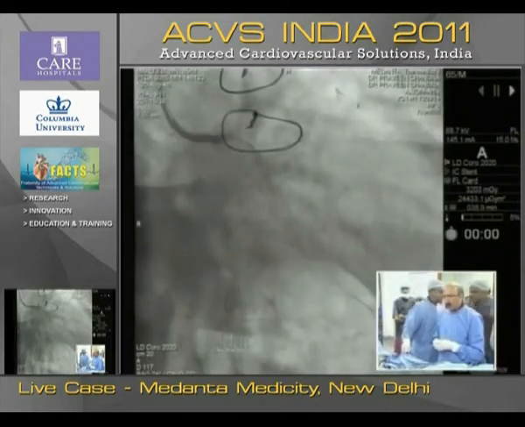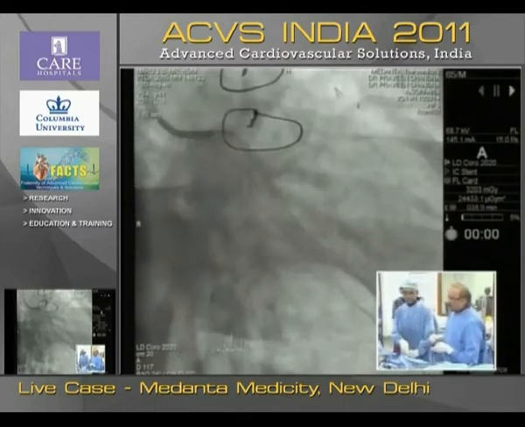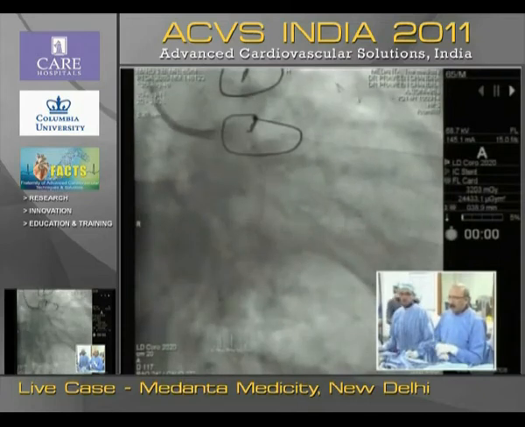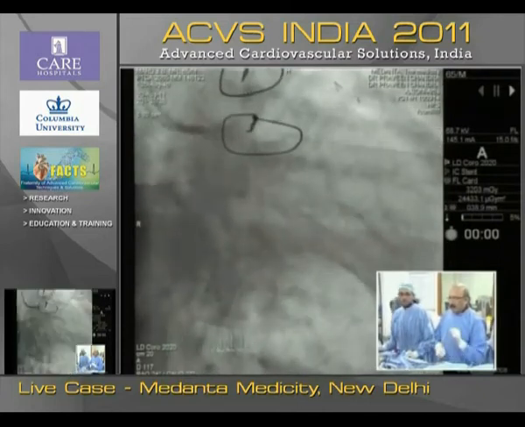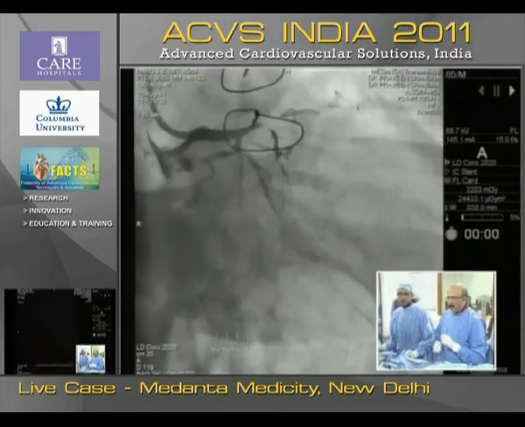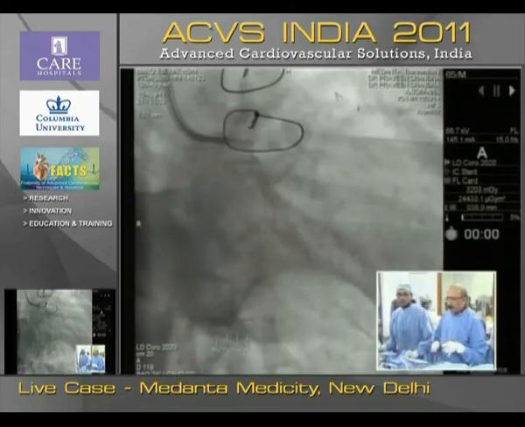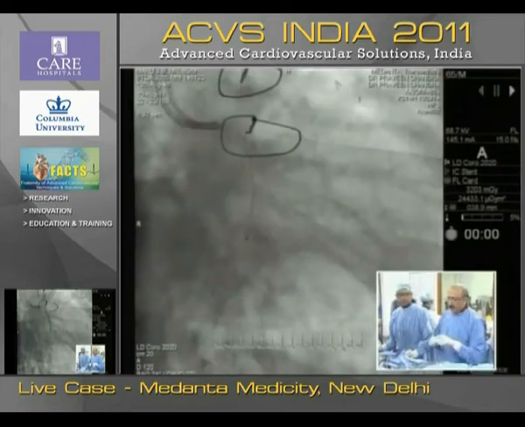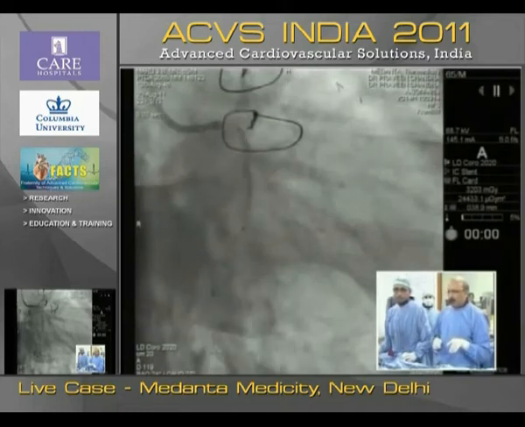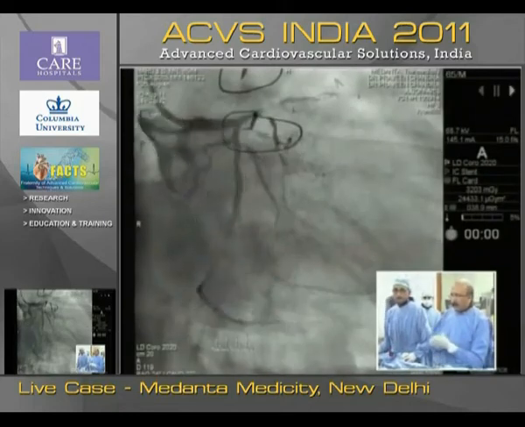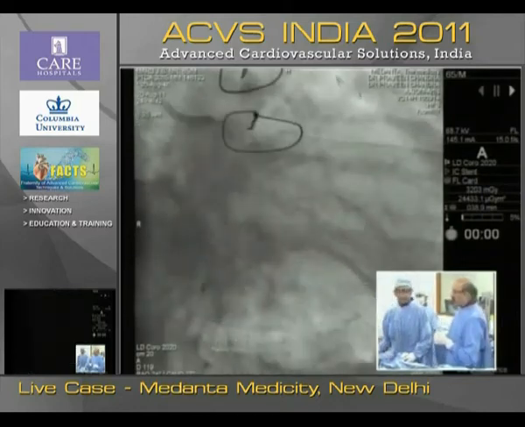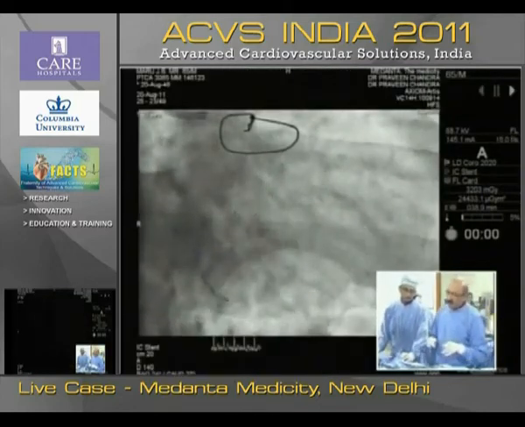This is the Yukon PC, the new stent which has come from Yukon. It has a very small amount of biodegradable material as a polymer, and sirolimus, and of course it is the same Yukon stent which we were using earlier. This has been studied very recently in the ISAR test force study against Xience and Cypher, showing non-inferiority. So we use this Yukon PC, and then what you see here is, can we see?